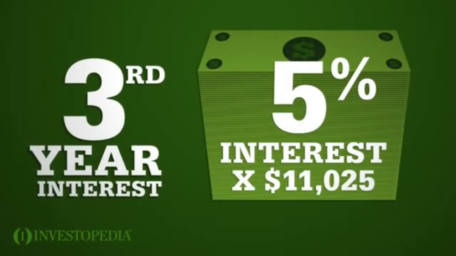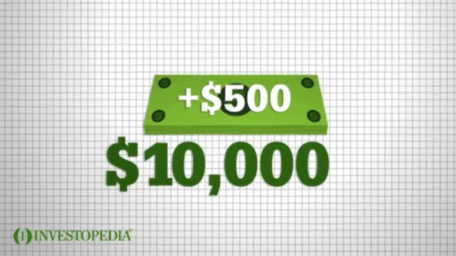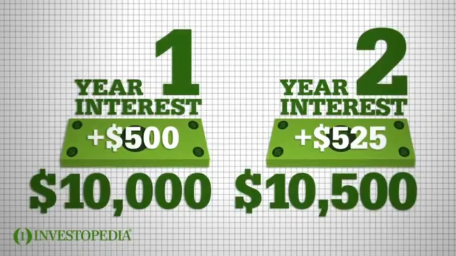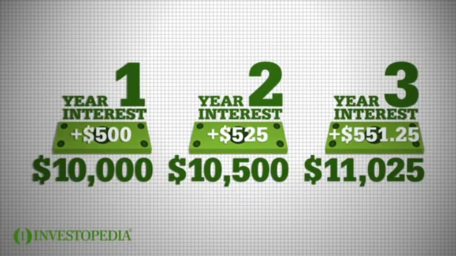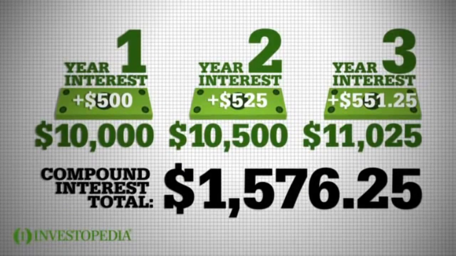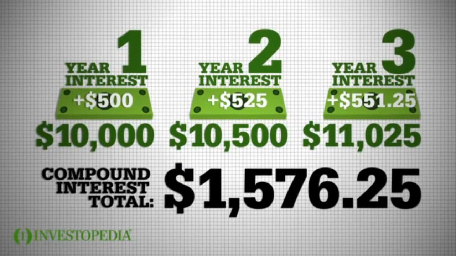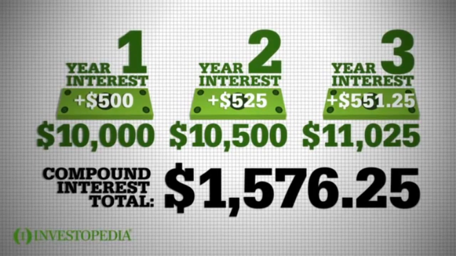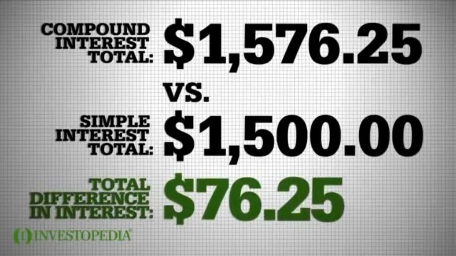In year 3, you earn 5% interest on $11,025. $10,000 plus $500 year 1 interest plus $525 year 2 interest for an interest payment of $551.25. In total, you earn $1,576.25 in interest over 3 years with compounding interest versus $1,500 with simple interest, a difference of